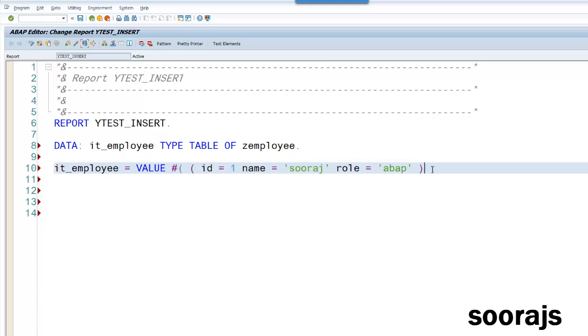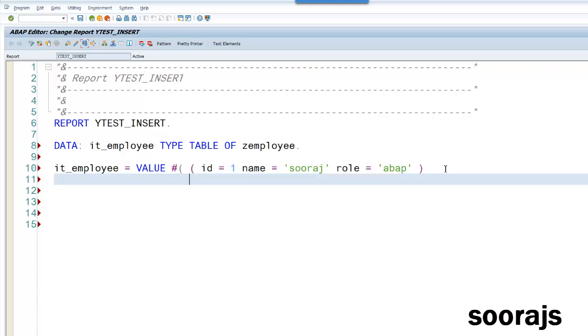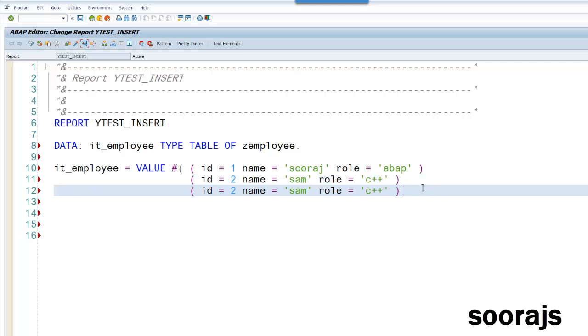I'll copy this to create multiple entries. For the second ID, I'll provide the name as Sam and the role as C++. For the third entry, I'll provide Salim, with the role as Python. And then I'll close this.